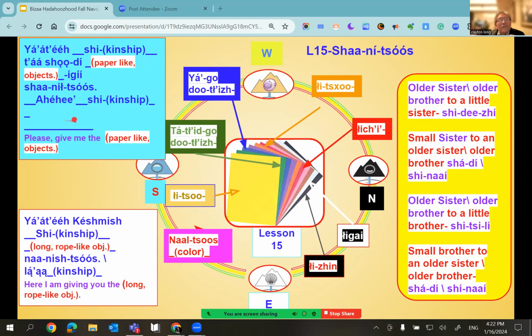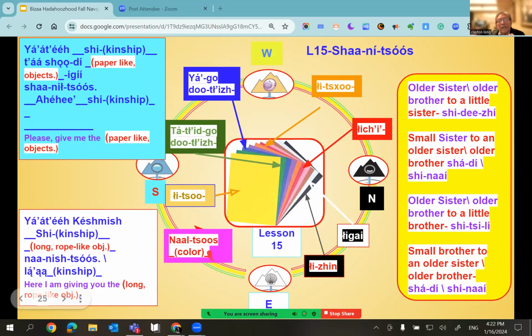All right, how do we use it? Well, we greet each other, yad, and if you're the girl or the lady, and you're older, and you're talking to a little girl or a little sister, you say yad shidera. So in our case it'd be two girls, right? Two girls. The older one says the question, yad shidera. Ashwade, remember that Ashwade, please.